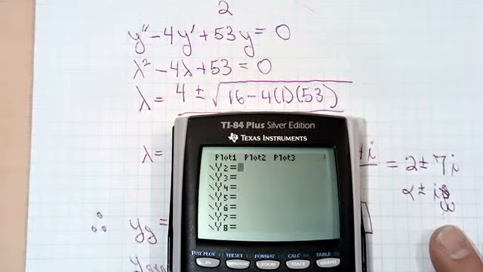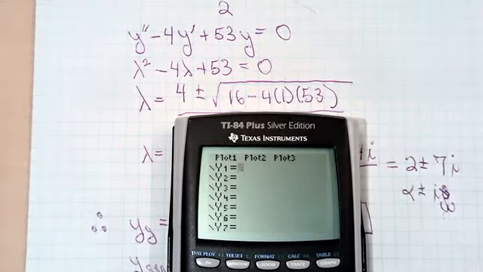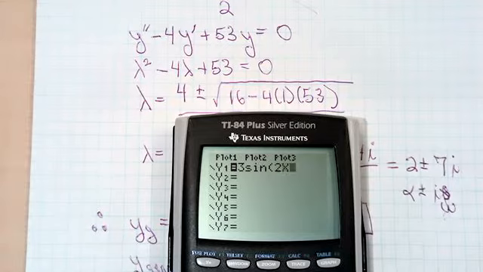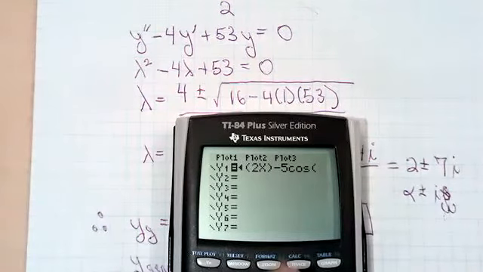Well, they're exactly predictable, but without even knowing the constants, you can guess in general. Say if I take 3 sine of 2x minus 5 cosine of 2x,